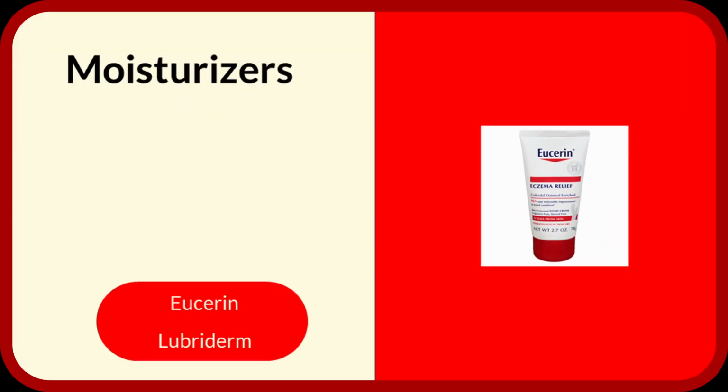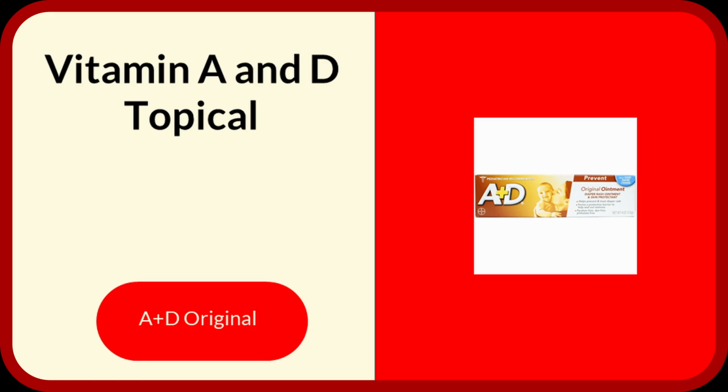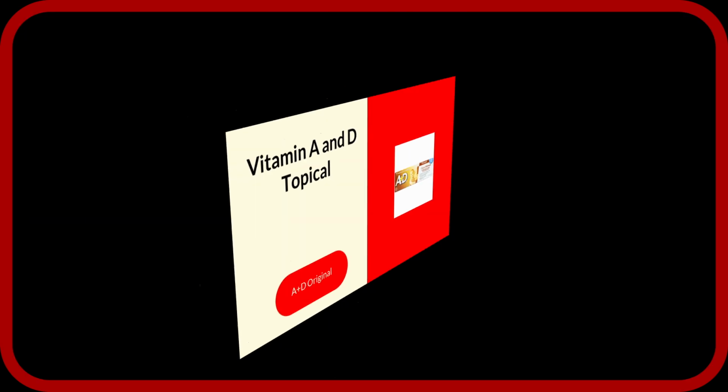Moisturizers, with brand names like Eucerin, Lubriderm, or Cetaphil, are used for dry skin. Moisturizers work by protecting the skin barrier. They generally include occlusive substances, like petrolatum, that seal in moisture, or humectant substances, like glycerin, that attract and retain moisture from the air. Vitamin A and D topical, with the brand name A+D Original, is used as